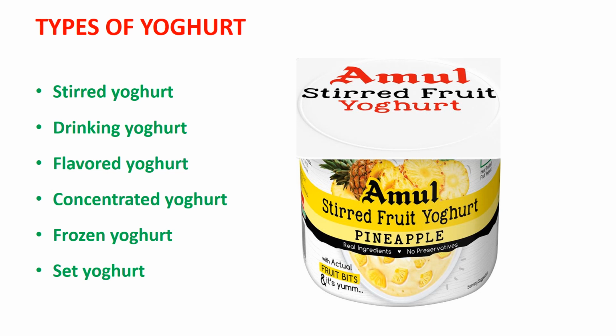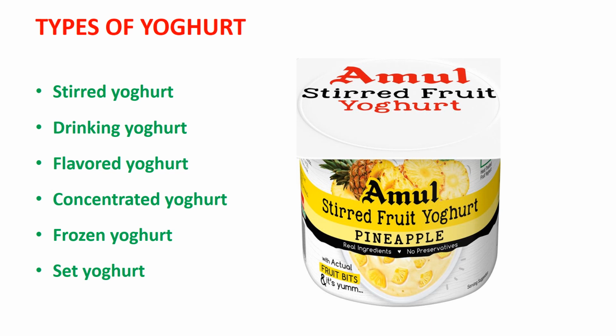Here we will see the different types of yogurt, like stirred yogurt. Here after fermentation, though there is a setting, it is broken by stirring and mixing. Then drinking yogurt, where the solid content at the beginning itself is very low and it will be liquid even after fermentation, so that is taken as direct drinking yogurt. Flavored yogurt, where special flavor is added. Concentrated yogurt, where extra milk powder is added, so it will be very thick and solid. Then frozen yogurt, frozen in a freezer after the fermentation, and then set yogurt. Here after fermentation it is left undisturbed and it will remain semi-solid and set.